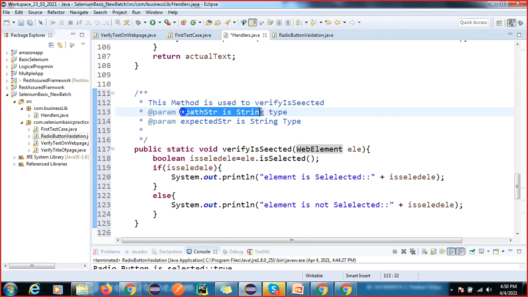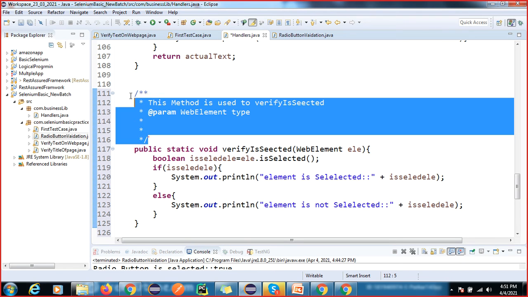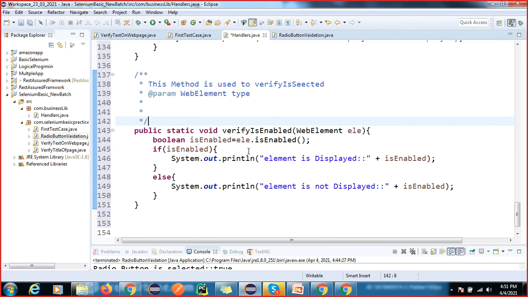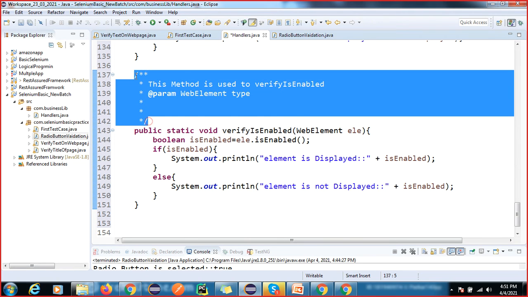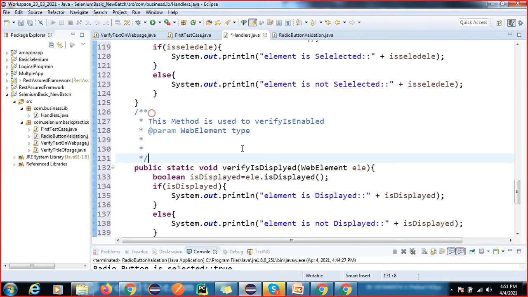That's it. And just delete this, we have only one parameter, and just copy paste all. This method is used to verify isEnabled. Okay, and this one is also how to verify displayed.